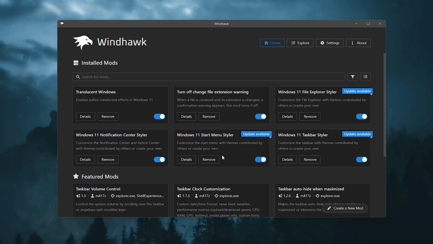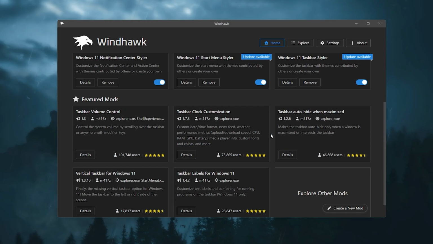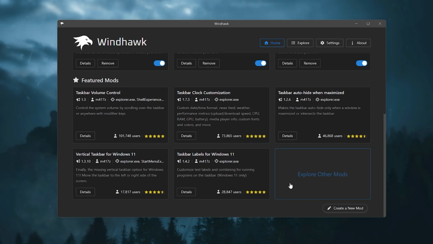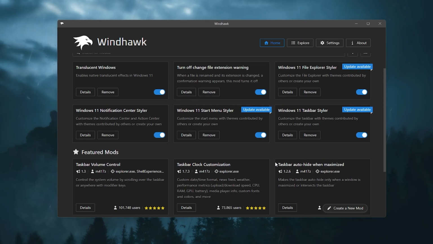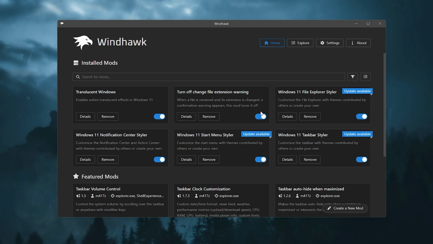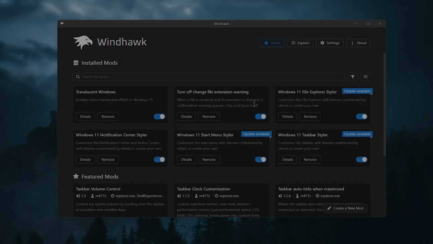This is Windhawk, and I have all of these here, and it makes my windows look so much better, way better than stock Windows and way better than any other application that you may use, like TranslucentTB, which is used for making your taskbar look translucent or acrylic or blur, but this does it for literally every Windows application or most Windows applications. And you can use any other mod, whichever one that you want to use, but the only other mod that I've used was turn off change file extension warning. So yeah,